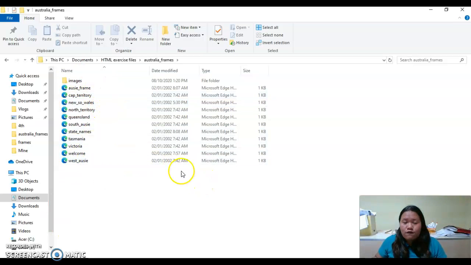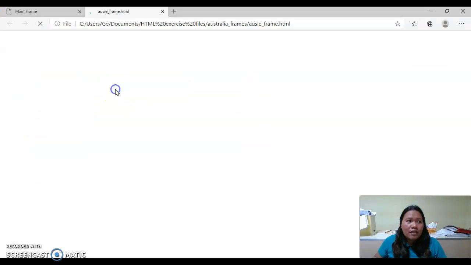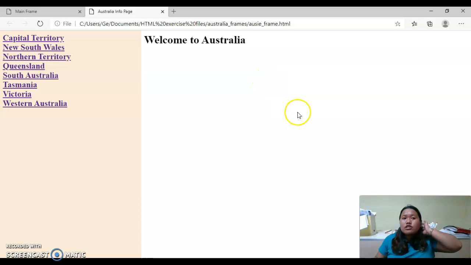And so on and so forth. So let's open first how it looks. On the left side, these are the links that you want to include.